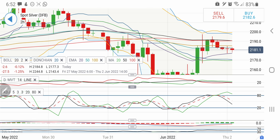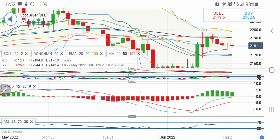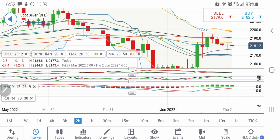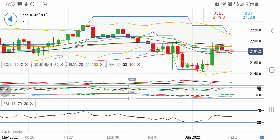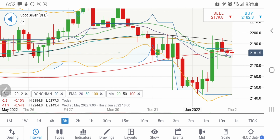The directional movement is bullish here. The stochastic is looking downwards. MACD is trying to converge and RSI is trading flat. So RSI is not showing any strength there. And MACD is also looking downwards. Similarly, if you look at the 3-hour charts, see it is trying to create this pole